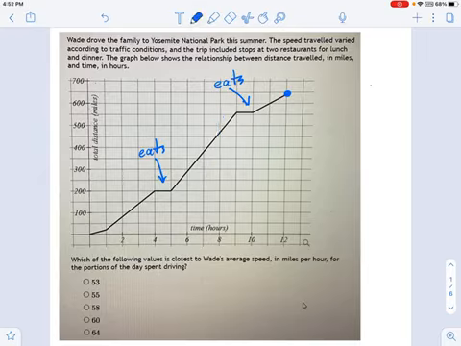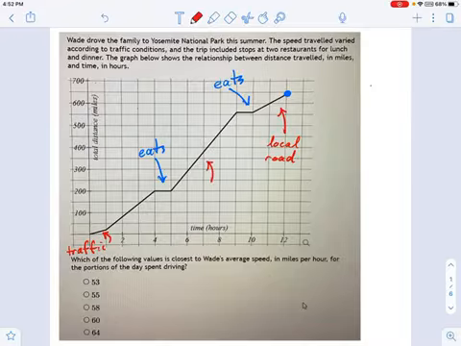There's other stuff that's happening in this graph that's kind of cool to look at. For one thing, I see traffic right here because that is a very shallow line, right? It's taking forever. Like they spent a whole hour and it looks like they made it about 20 miles or something. So they hit some traffic coming out of town. It looks like we've got some local roads here, which are kind of slow. You know, as you get close to Yosemite, you got lots of windy single lane roads. It's very pretty, but it's very slow.